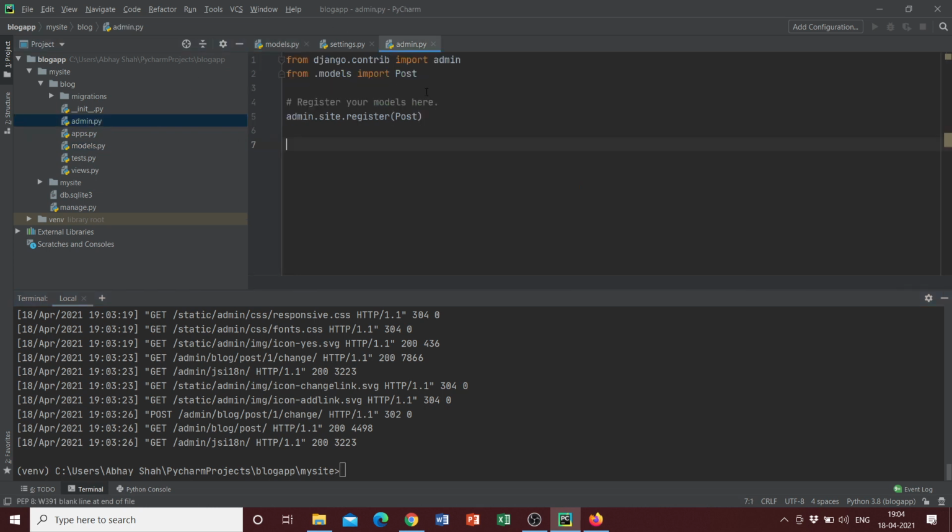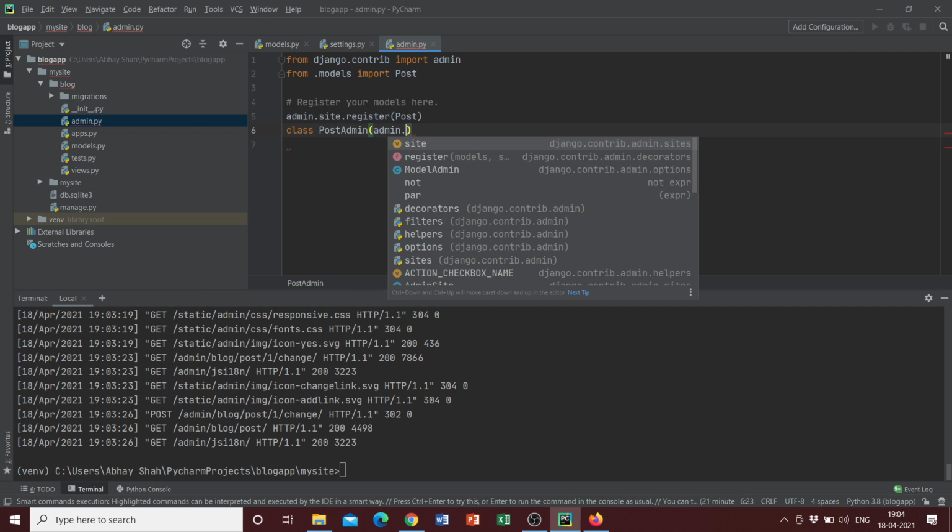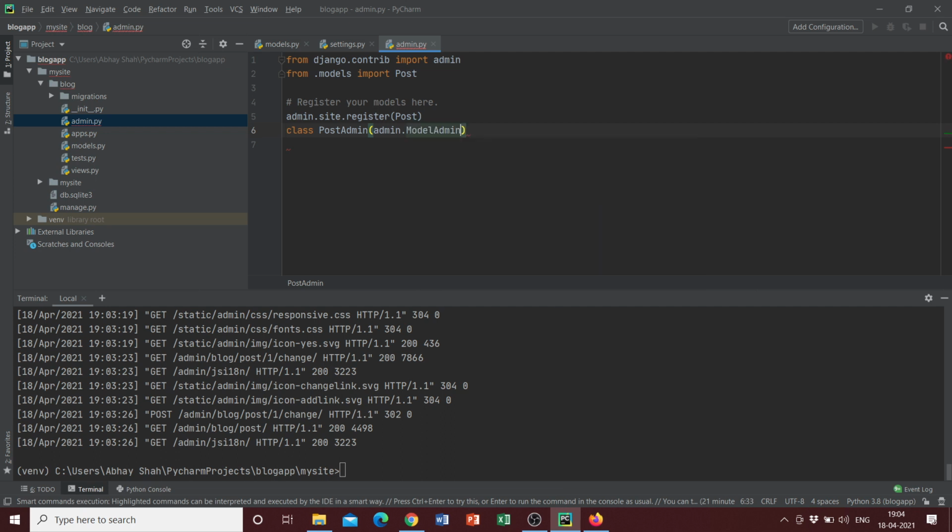Okay, so once here we just need to make a few changes. We registered our model, but we must add class PostAdmin. It's not currently displaying the way we want it to display, with all the names and not just as Post model 1. So we write admin.ModelAdmin, and then we do